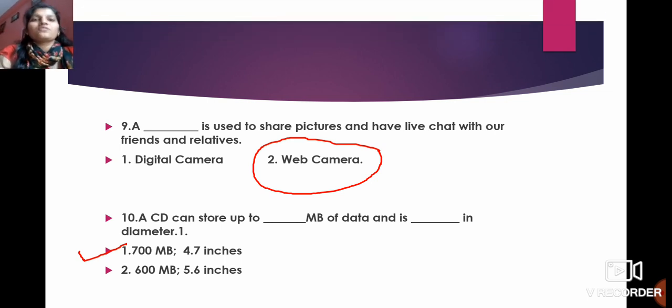So this was our first section of the quiz competition. Now students, what you are going to do is count, out of the 10 fill in the blanks, how many answers you have written correctly, and give yourself that many points out of 10. So out of 10, how many points did you get? Write it down at the side of the paper.